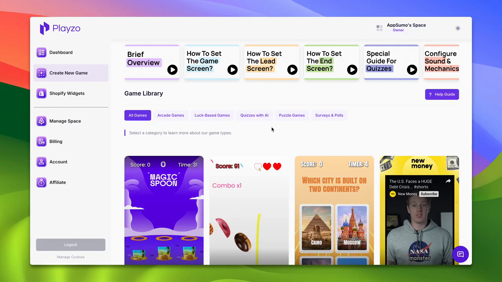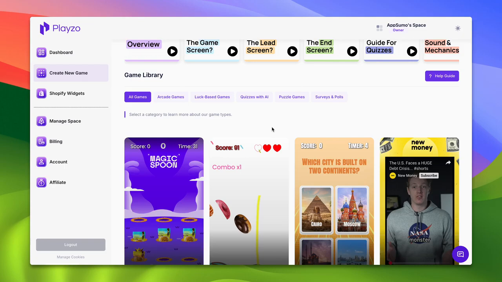For marketers, these templates are crafted to capture immediate attention and drive high engagement, leading to more lead collection and increased sales. By the end of the game, you can offer a coupon code or special offers, which can boost conversions. It's truly a one-stop platform for marketers, content creators, and educators who want to create engaging, interactive content for